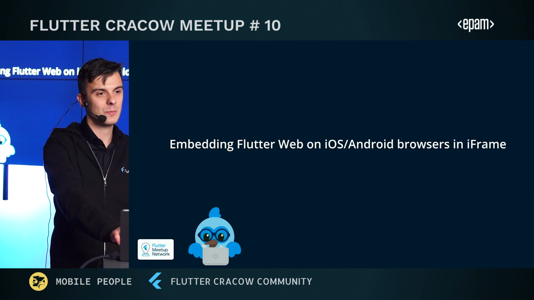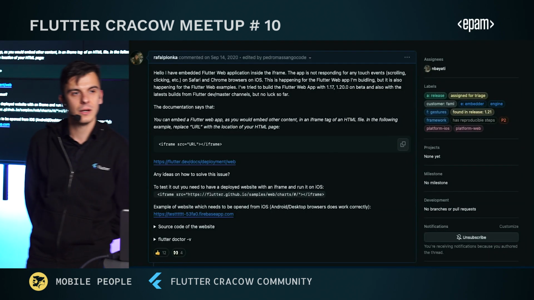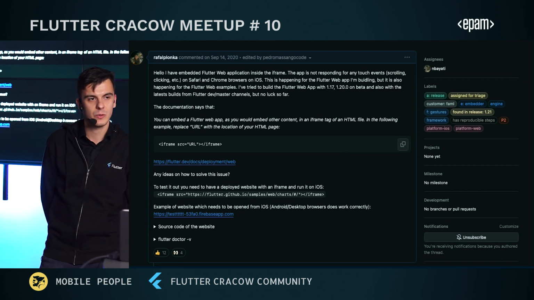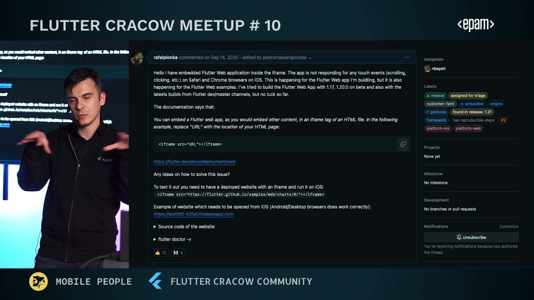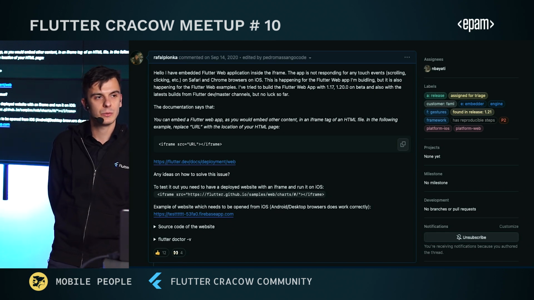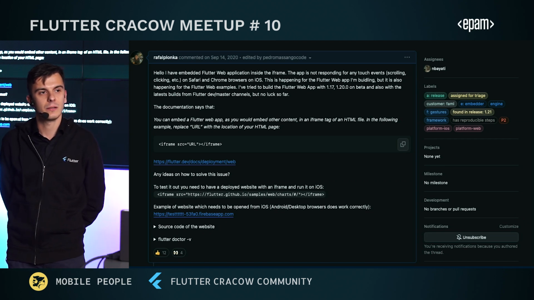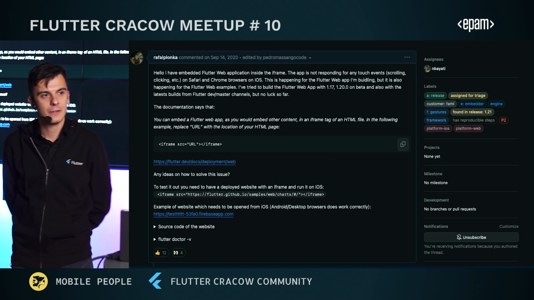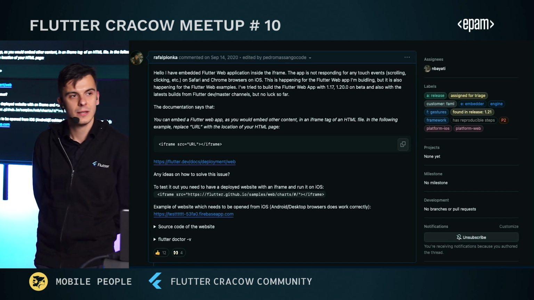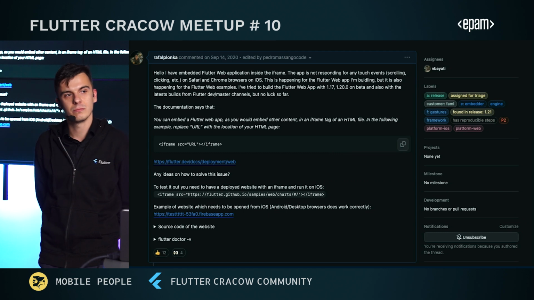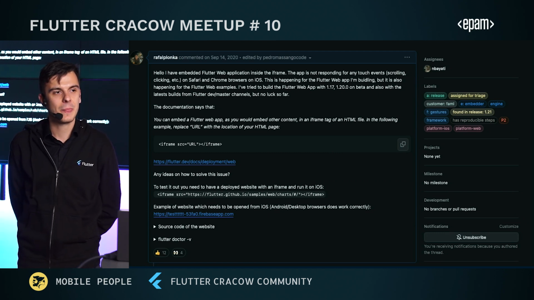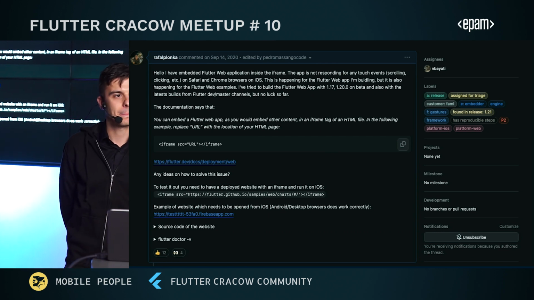So I started experimenting a little bit in late 2020 on this iframe thing, because we wanted to reuse the code base. We already created the posts. We had all the widgets prepared in the mobile, and we wanted to use the same code base in our newsfeed. So I encountered the issue that you couldn't basically scroll, or you couldn't make any inputs when you are including this in an iframe on the iOS Safari or mobile